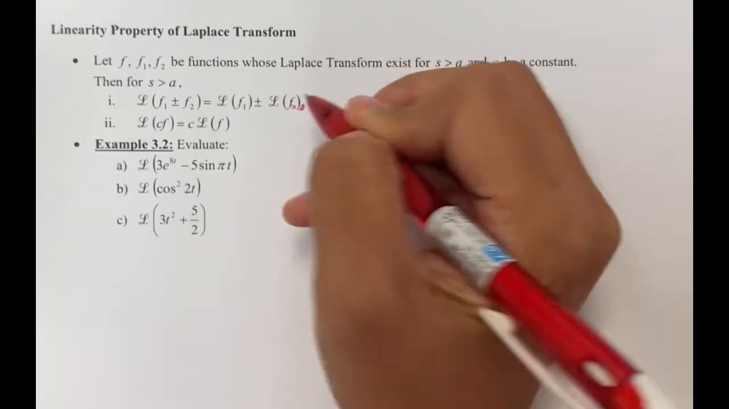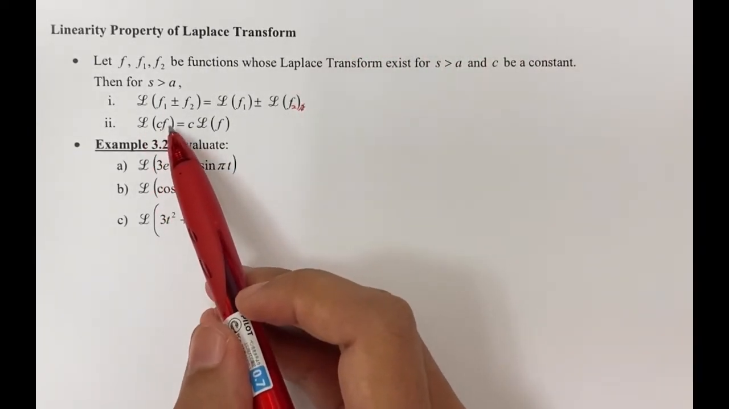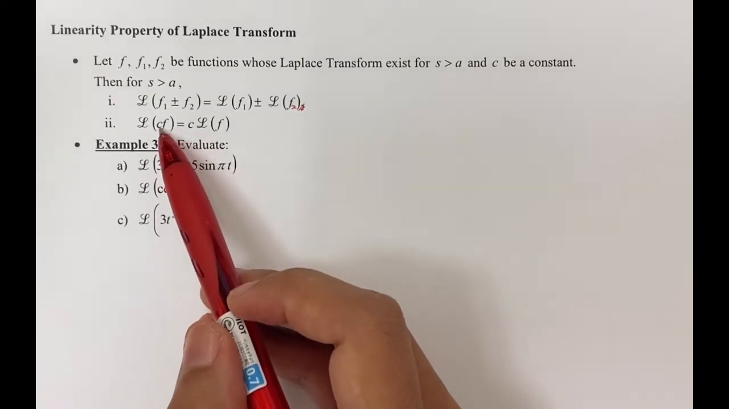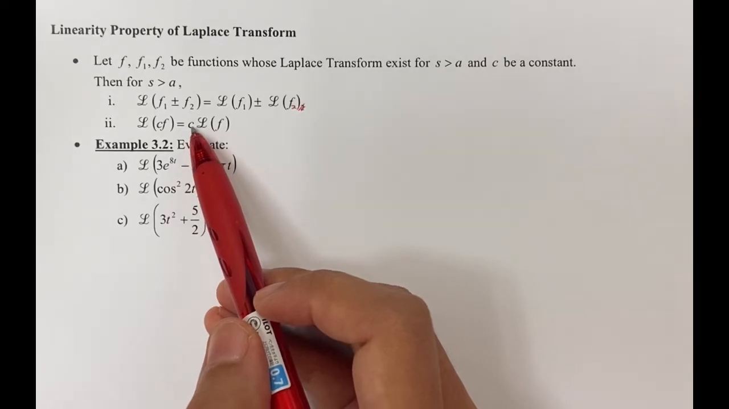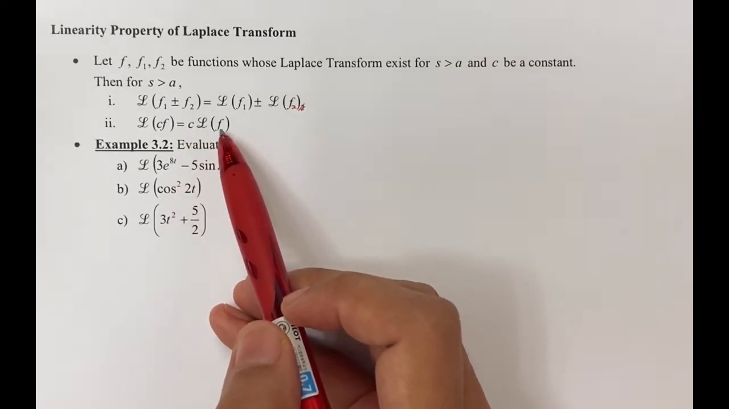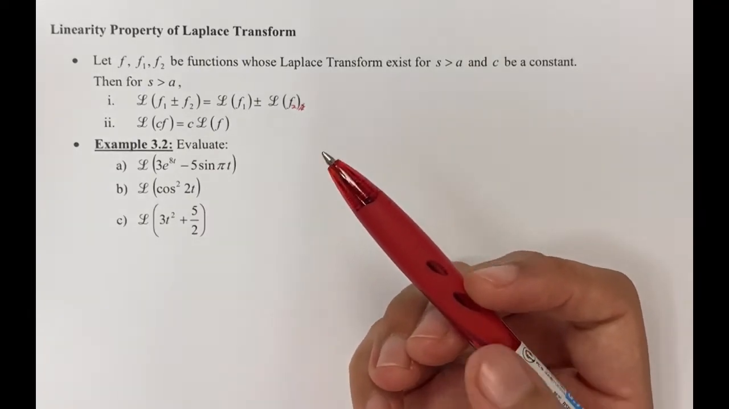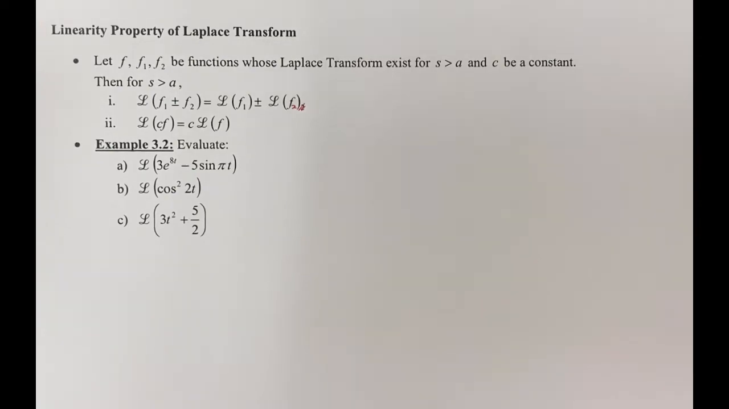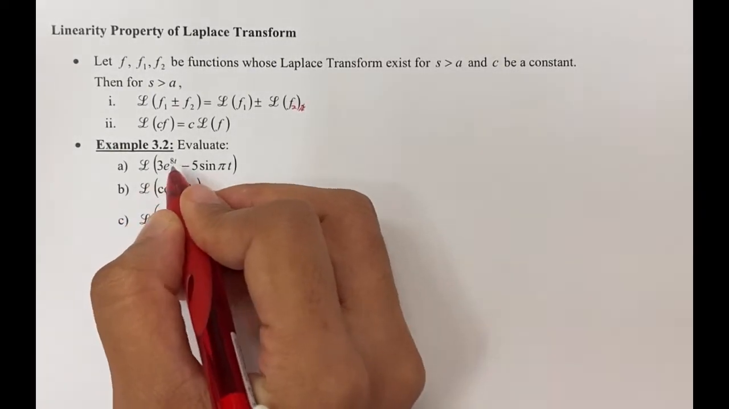And then for the second property, if you want to find the Laplace transform for multiplication of a constant with a function, you can have c, the constant, multiplied by the Laplace transform of f. Okay, so we have three examples in example 3.2. Okay, first we have A equal to Laplace transform of